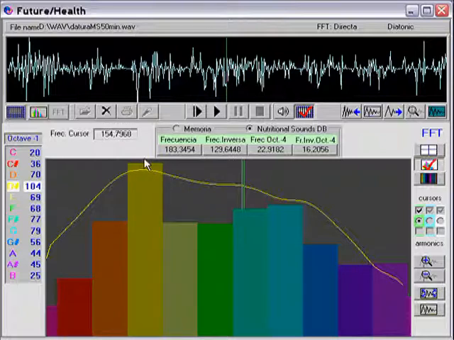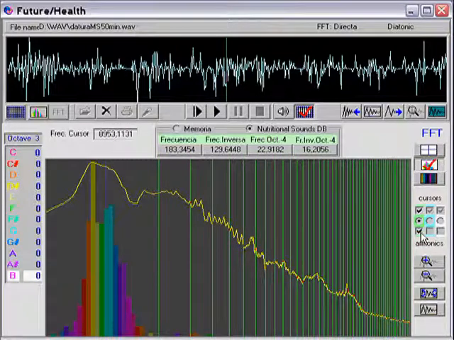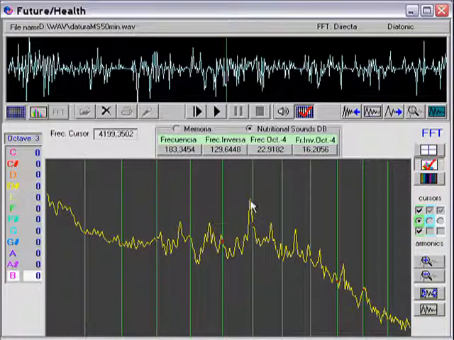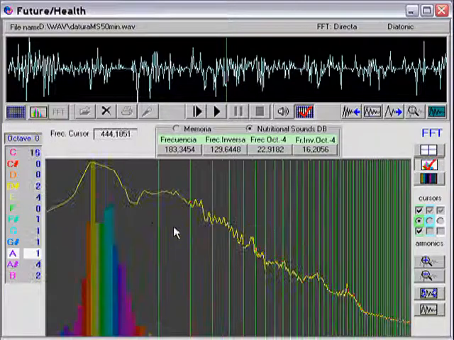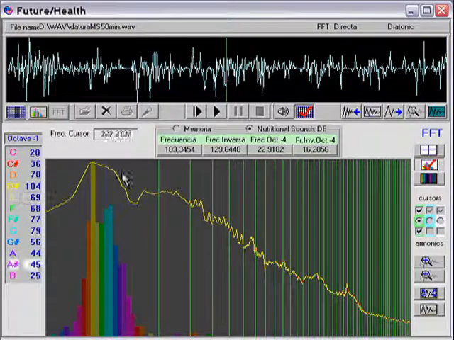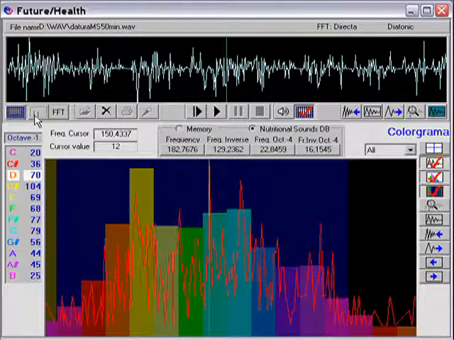Zoom out again, and we do the frequencies, and we see 182.76 is actually more exact. So let's go into the FFT and go to the harmonics of all the frequencies. Meanwhile, the cologram is only the fundamental frequencies, and what matters is not volume. The peaks are how many times